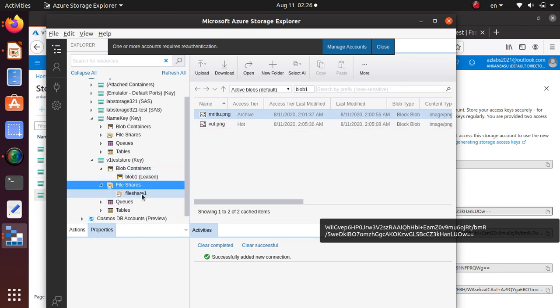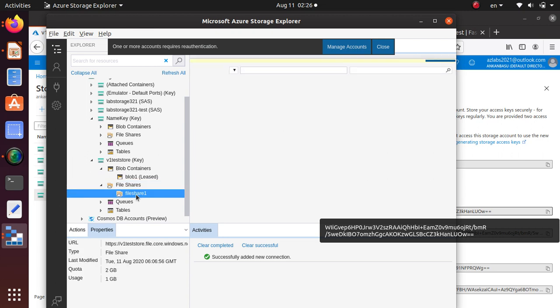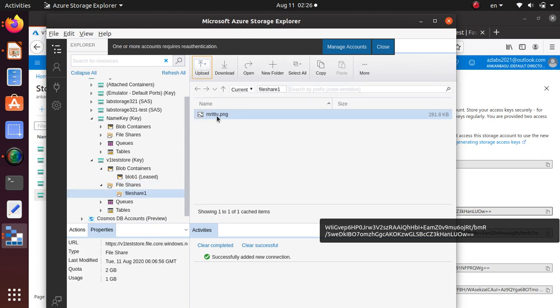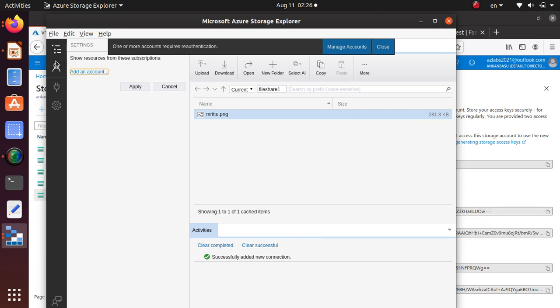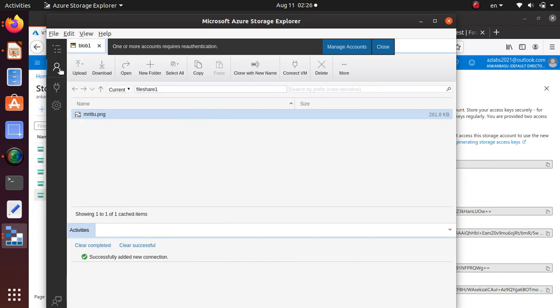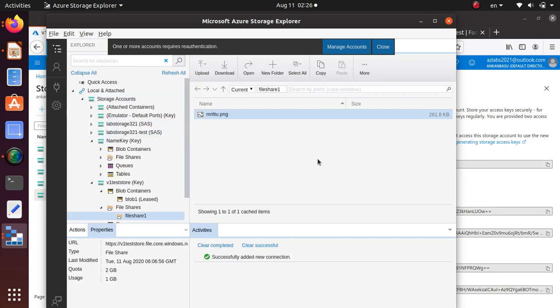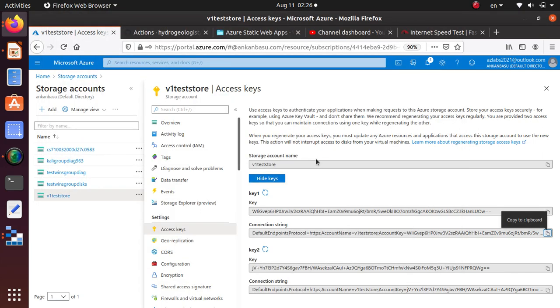Under file share we also created a file. Inside the file share I have a file, and this file is also available. So this is how easy it is to connect. I have to play some more with the other account type to see why it was not working. Most likely I have to give myself some RBAC role permission before I can use that option. But you have another option as well to connect to this, and that would be using